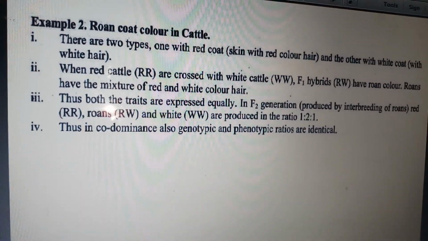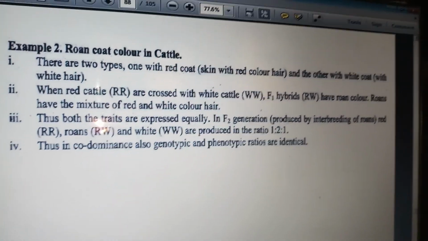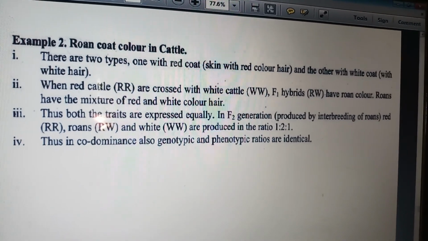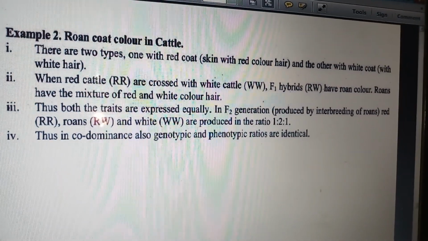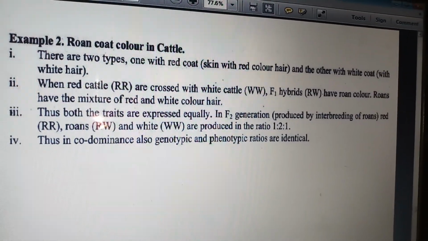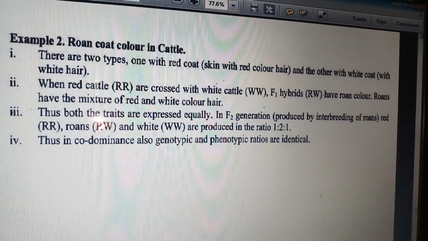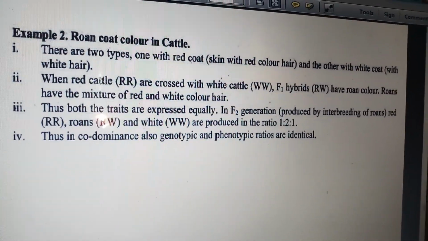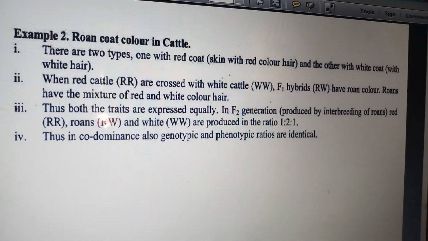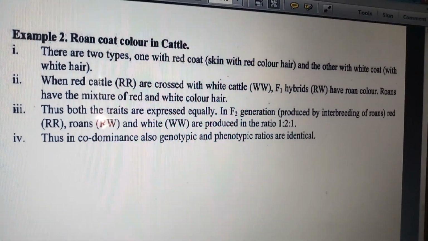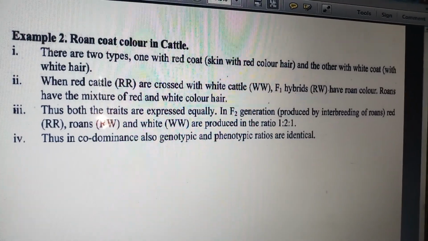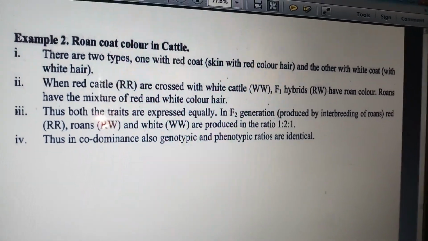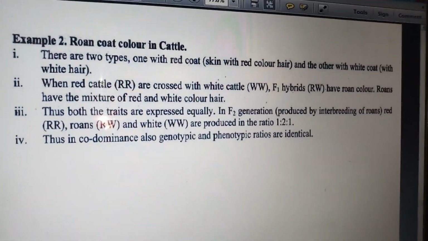So what you have learned, students, is that the first deviation from the Mendelian ratio was incomplete dominance. The examples were two: Mirabilis jalapa, the 4 o'clock plant, and snapdragon, Antirrhinum majus. And then there was codominance, in which you learned two examples, the AB blood group in humans as well as roan coat color in cattle. These are two examples in codominance as well as two examples you have learned in incomplete dominance.